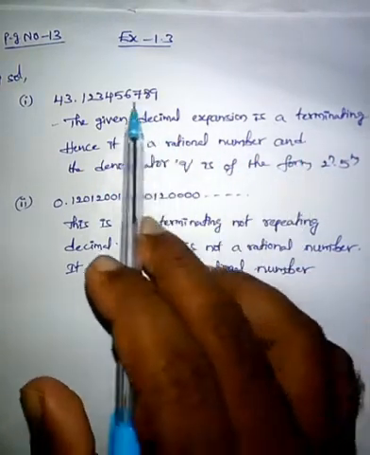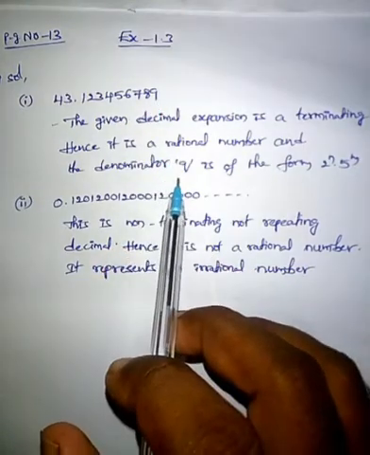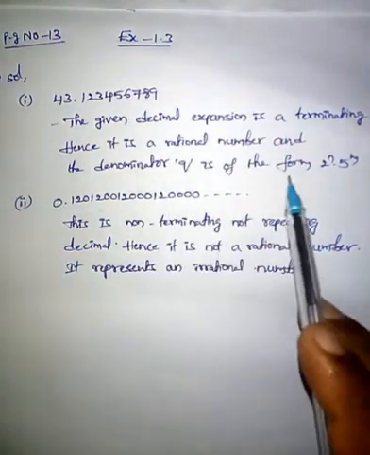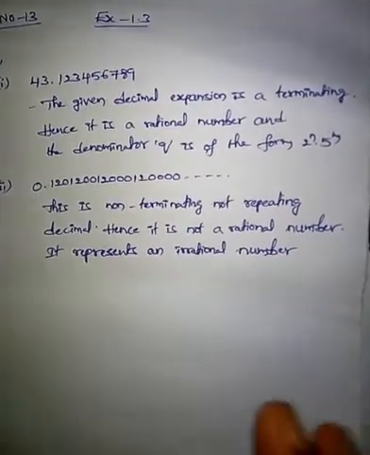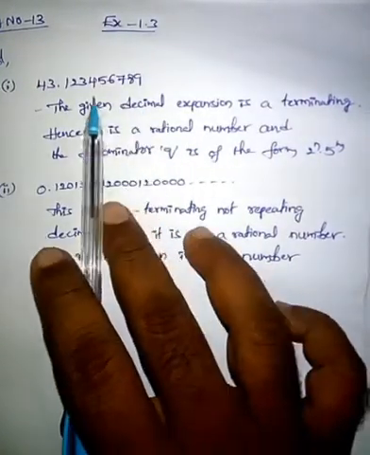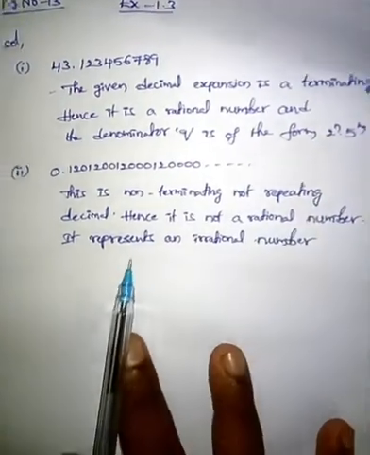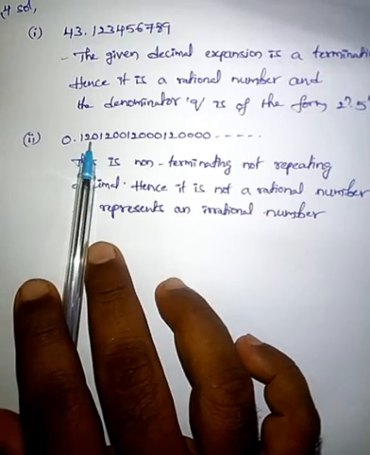And the denominator, this is the terminating decimal. So what can you say about the prime factorization of the denominator? Yes, the denominator is in the form of 2 power m into 5 power n. Okay, so we can say that the denominator is in the form of 2 power m into 5 power n. And coming to the second one, the second problem is